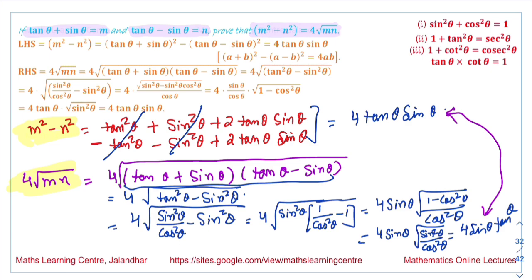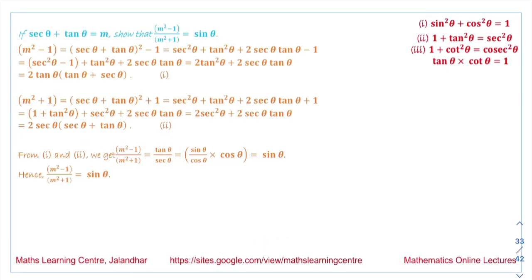Now next we have, if secant theta plus tan theta is equal to m, we have to show that m square minus 1 over m square plus 1 is equal to sin theta. So we are calculating the value of m square plus 1, that will be equal to secant square theta plus tan square theta plus 2 secant theta